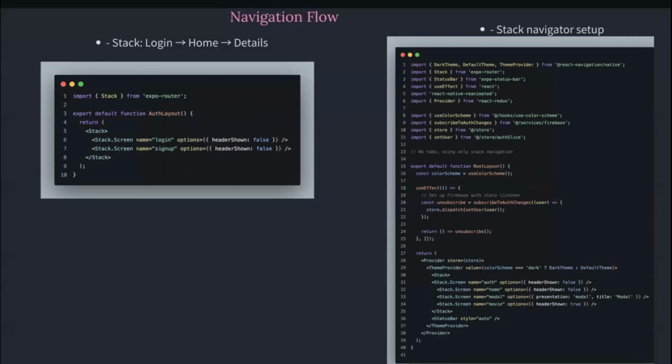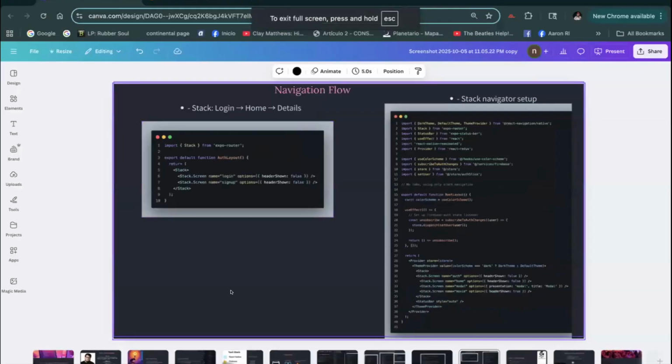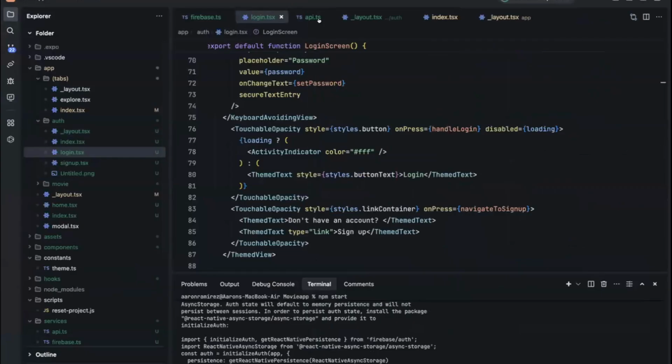This is one of the most important parts: the navigation flow. In React Native, we need a navigation flow, which is how the application is going to navigate through. First, we need the login and the sign up. So if you want to see it in a bigger way,